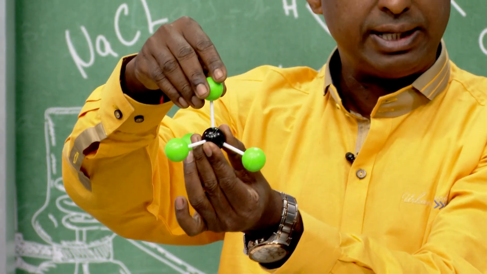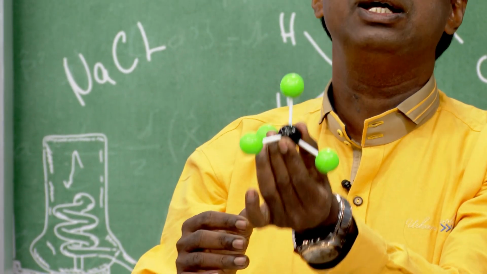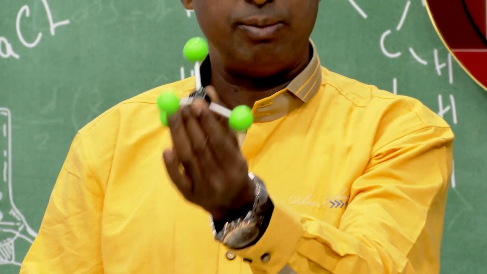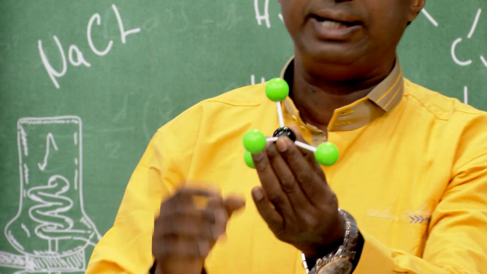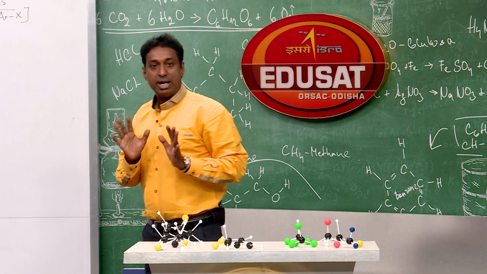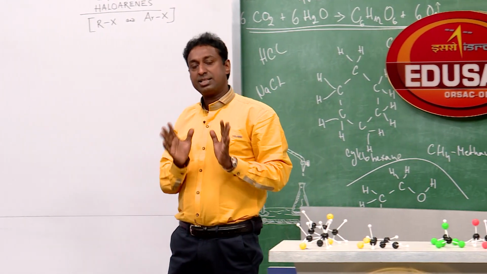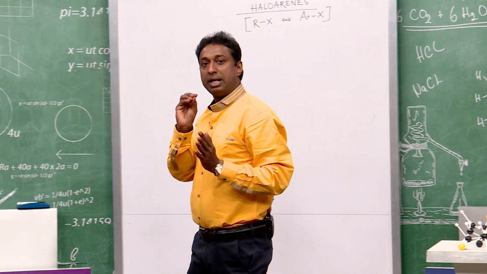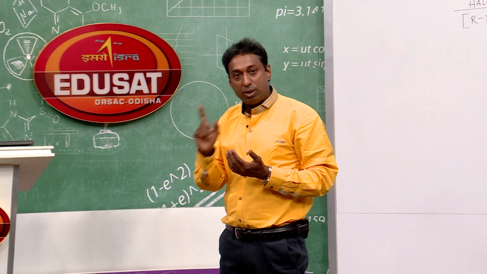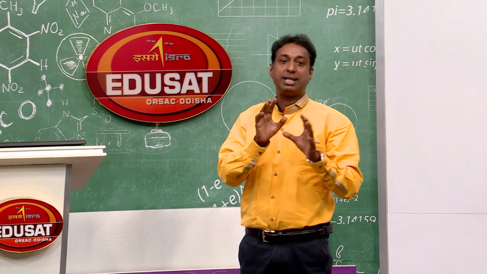If it is chlorine atom, this compound is called carbon tetrachloride. Very important organic solvent, carbon tetrachloride. This is called tetrahaloalkane. Students, after discussing the type of haloalkanes based on the number of halogen atoms attached to a carbon,